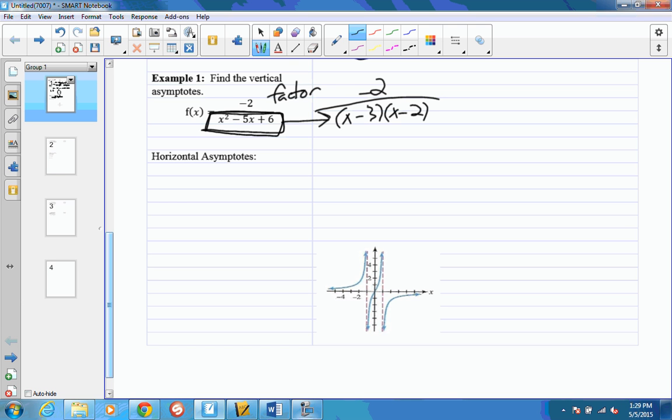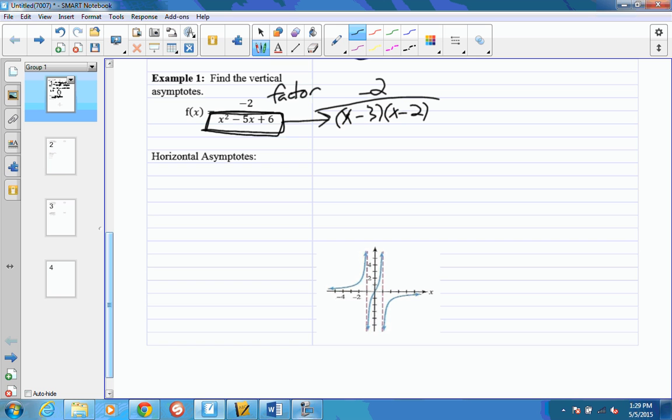Yeah. So that'll give me my positive 6. It'll give me my x squared. I'll have a negative 3x and a negative 2x, which add up to negative 5x, right? Good. So that helps me a little bit. Now I can see a little clearer what numbers, if I plug them in, will get me zeros in the bottom. You're going to do this actually exactly like you solved